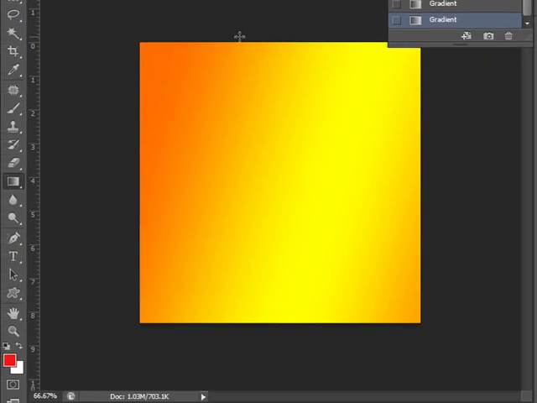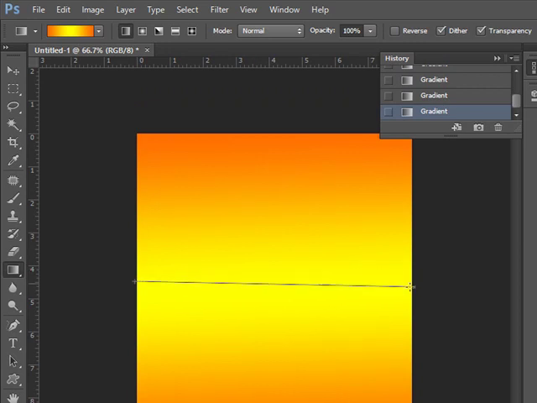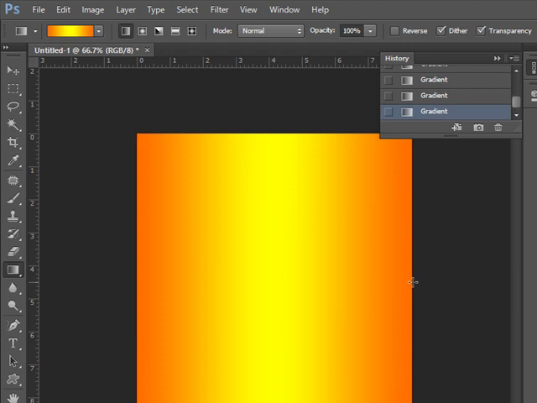As I drag from top to bottom, the gradient flows in that direction. Similarly, when I move from left to right, the flow also goes in that direction. That is why you use gradient.